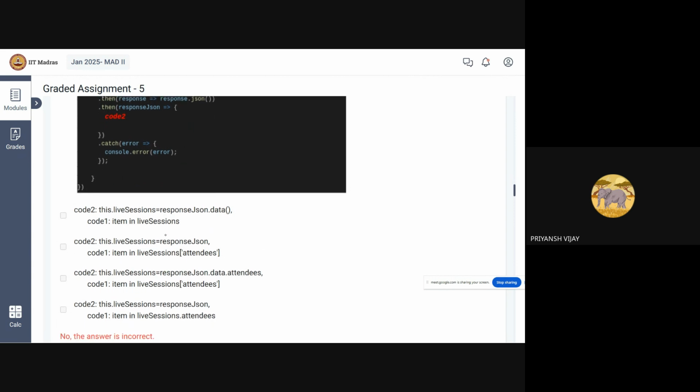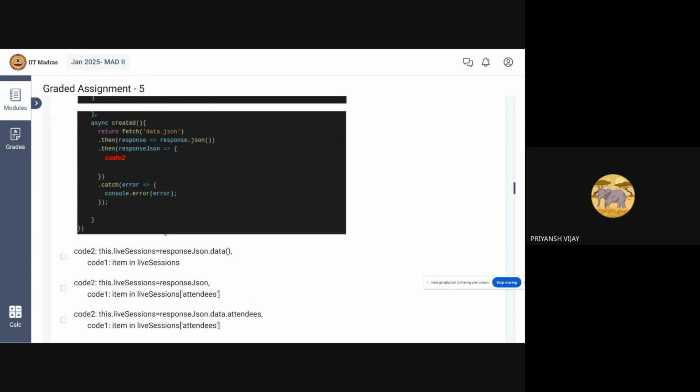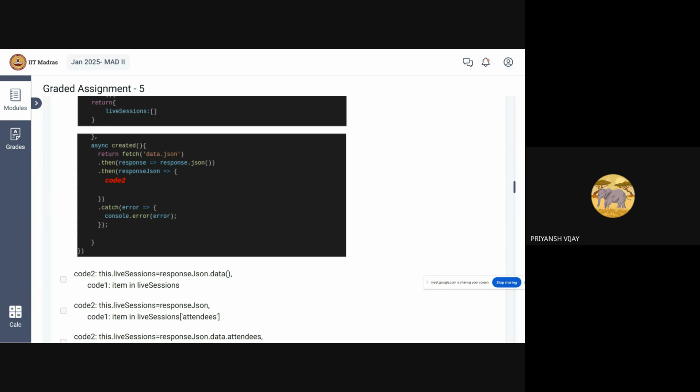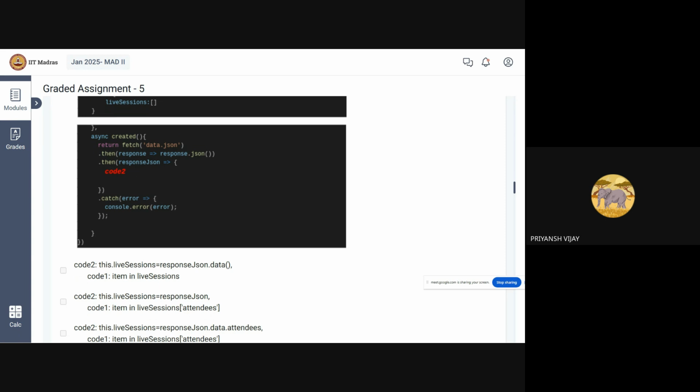Whatever response JSON is returning, we have to store in this live sessions array. Whatever this response.json promise is returning, we will populate the live sessions array using that. So this dot live session equals response JSON,